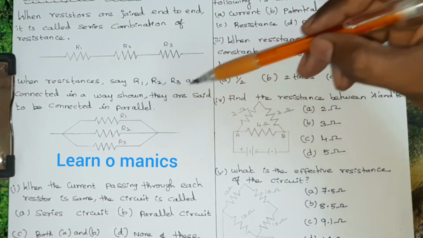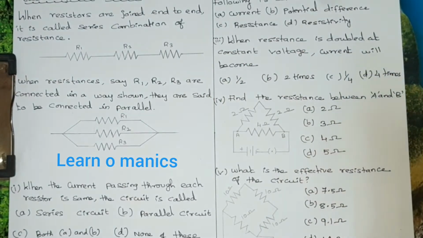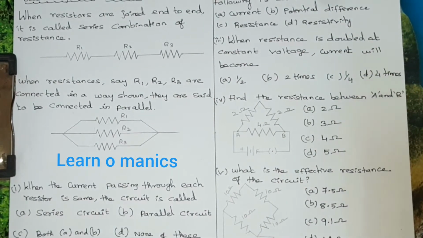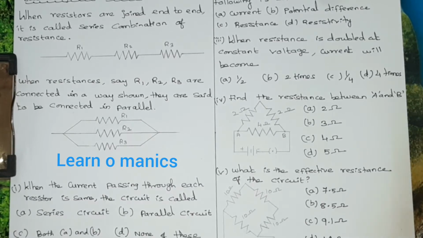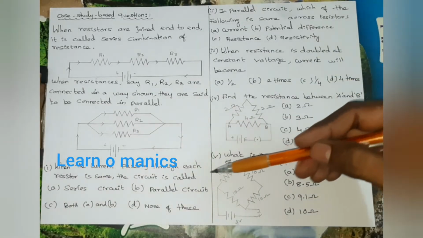Before entering the question, we just need to have some information in our mind. We need to make sure that this is a competency-based question and this is a case study-based question, right? Unlike reading comprehension, for the 5 questions asked here, we can't find an answer in the given information, but in reading comprehension, most probably we can get an answer for the questions asked in the context given. The information given over here is just clues to remember the concepts that will help us to solve these questions. Alright guys, let's go to the first question.